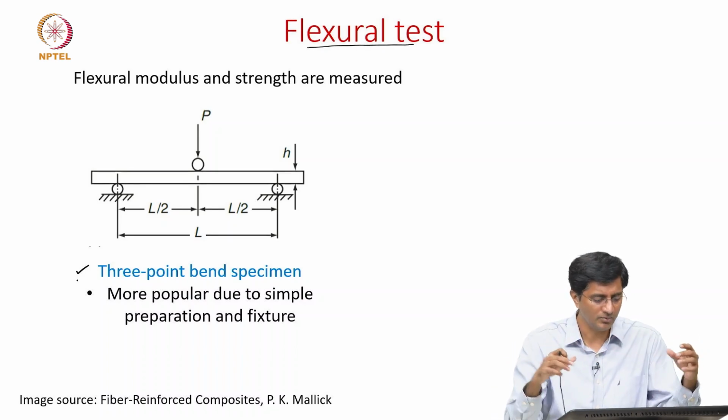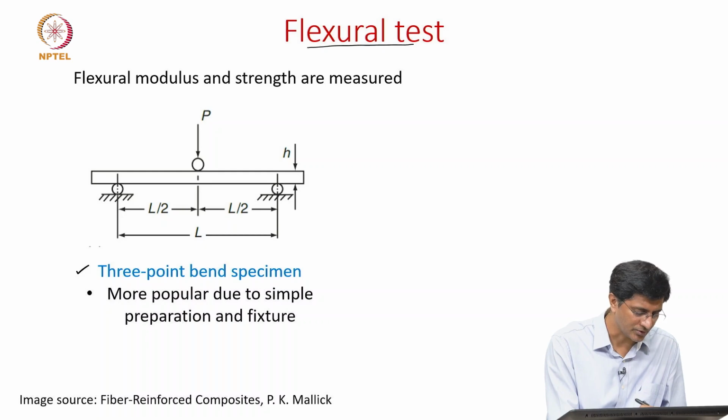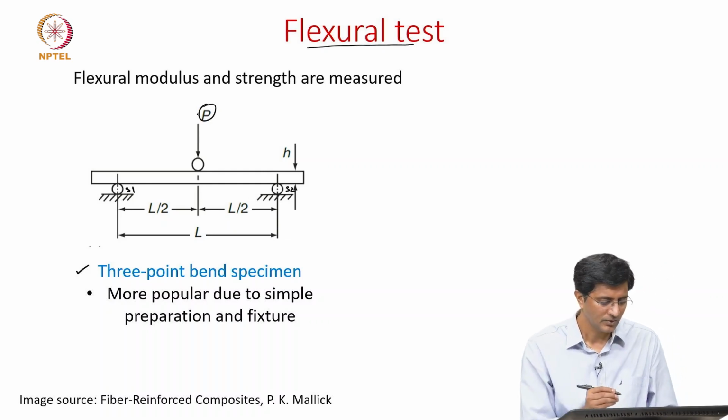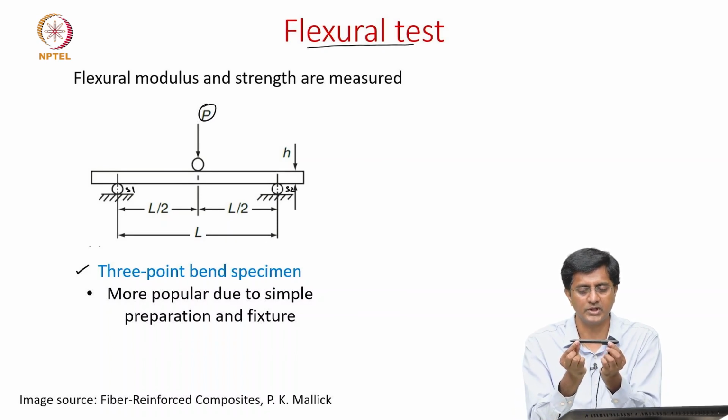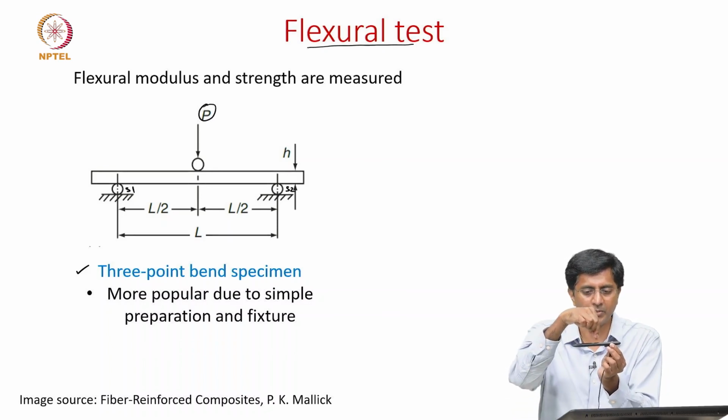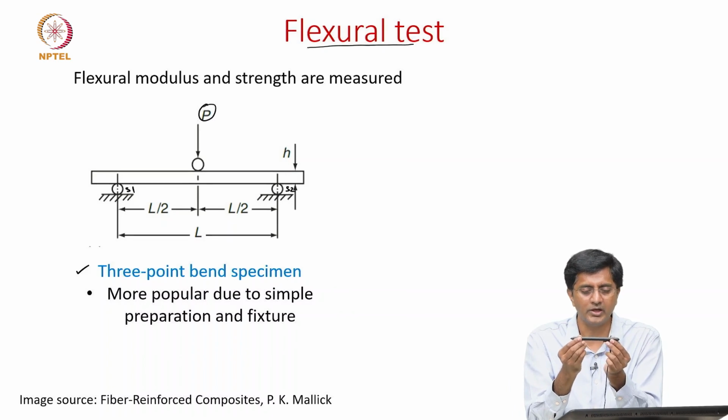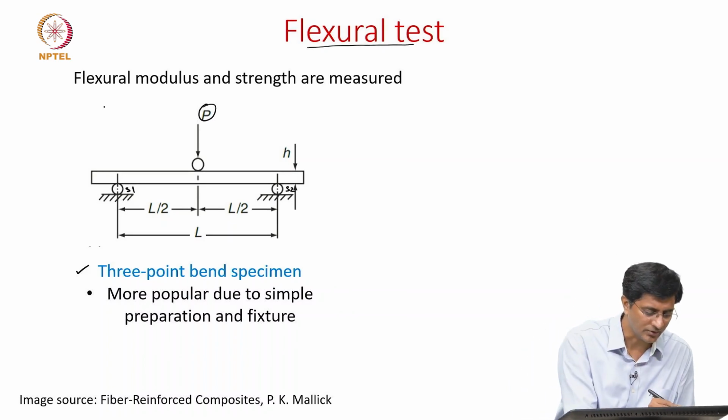a rectangle shape, which is placed at two supports. So this is, let's say, support 1 and support 2, and then we apply the load at the center. So it is almost like bending because we have two supports at either end, and at the center you apply the load. So the way it deforms is this laminate takes a curvature,